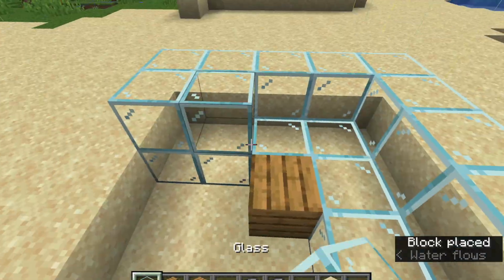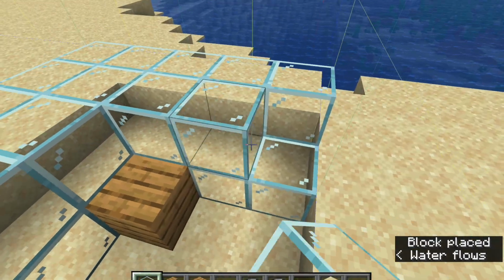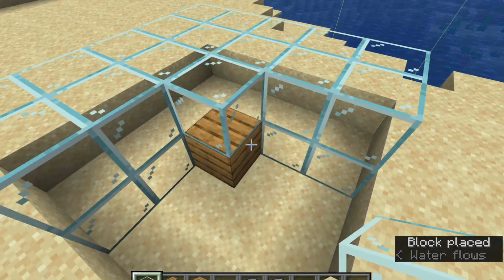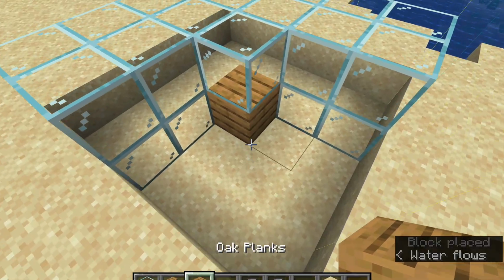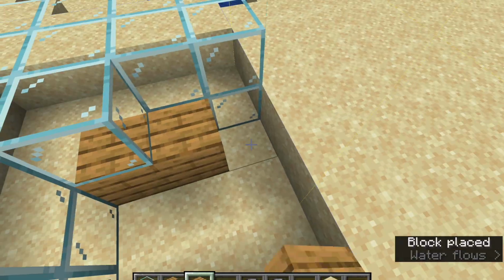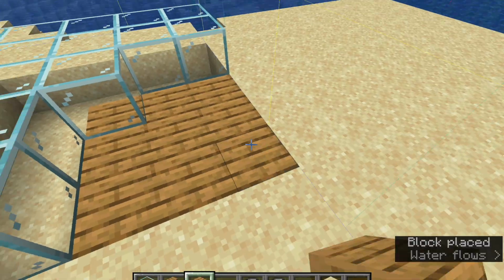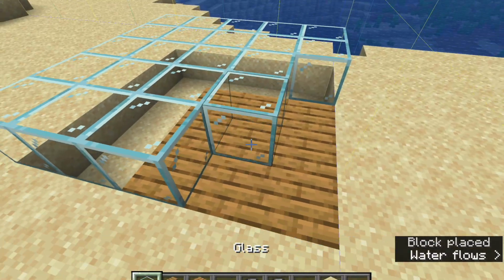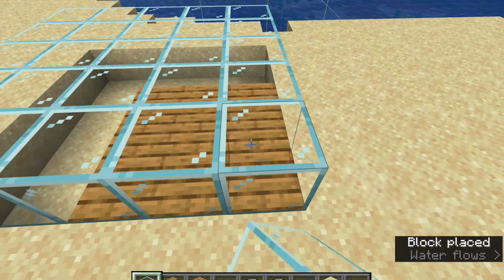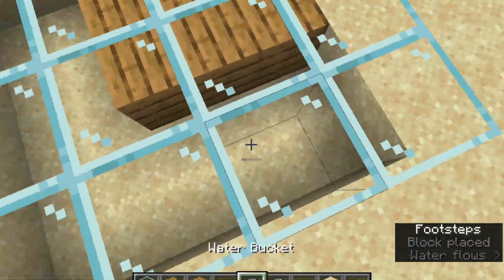So that is what happens here. It forms on top of water and on top of a solid block, but nothing else. However, if these blocks were to be solid, then the water would spread over top of them. So what the thing about this is